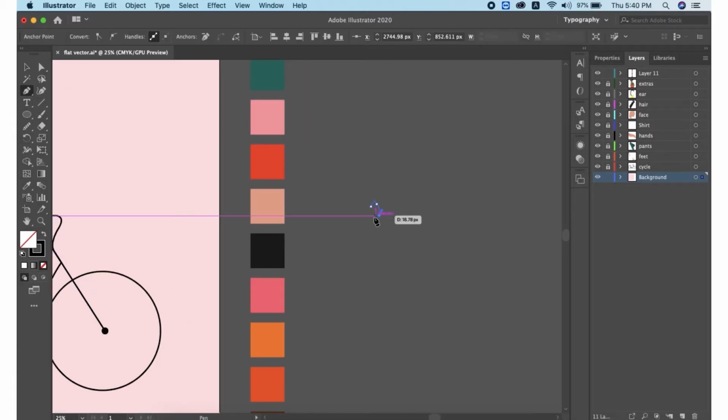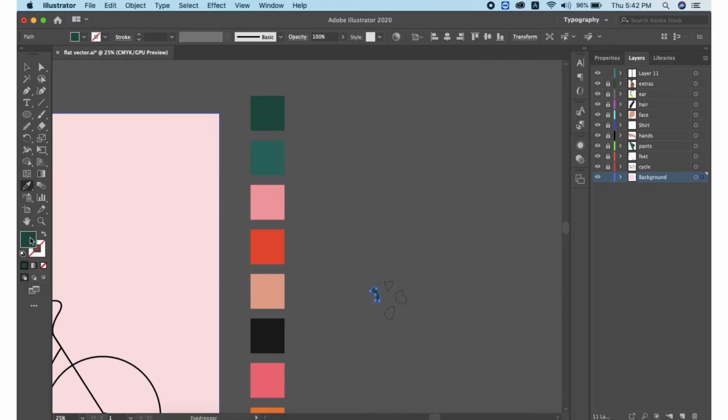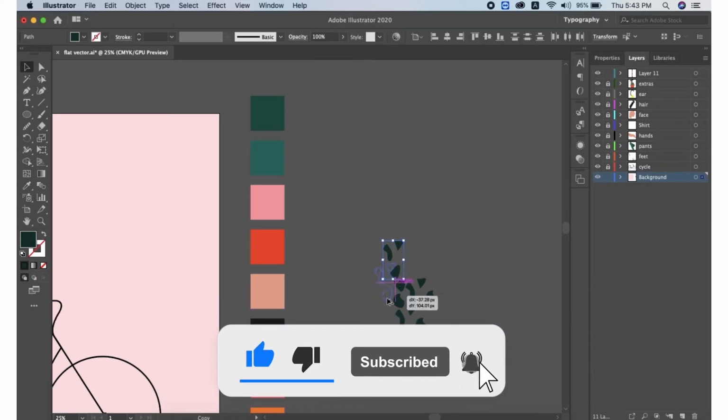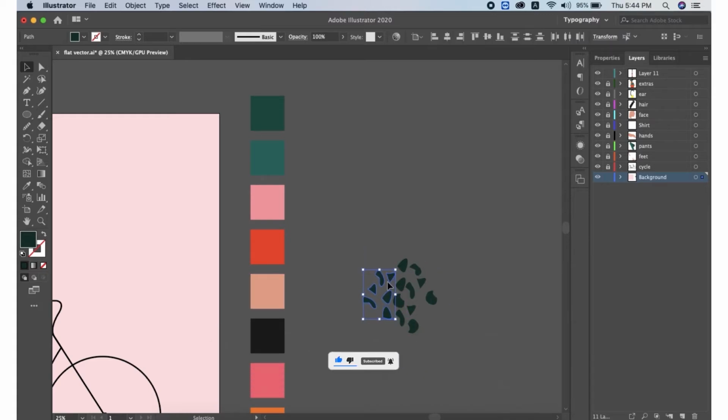Now I'm creating a grain effect. To do that, I'm creating a brush first. I've chosen the pen tool and started making random objects closer to each other. You can fill in a nice color to it and then select all 4 or 5 objects that you've chosen, put them closer, and then copy the entire thing to make a circular brush.